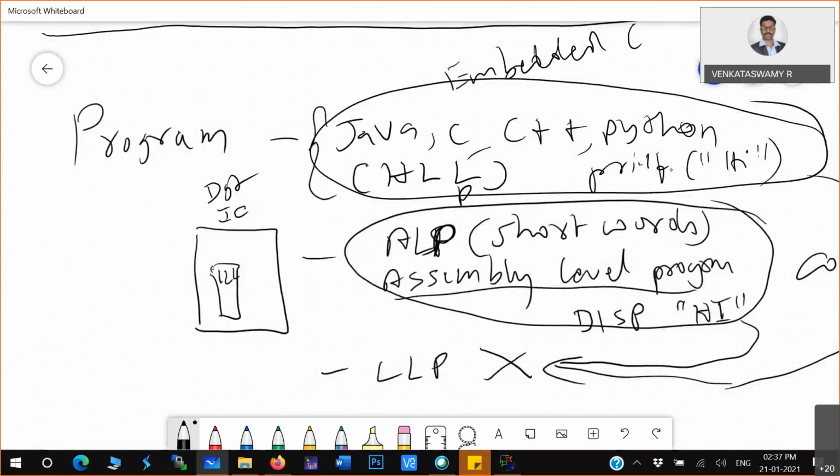You have all kinds of instructions and expressions in high level programming. Say if you take C++, you have input output statements, control statements, and different conditional statements. Even in Python, in any programming language, you have different types of instructions or statements. Maybe control statements, conditional statements, input output statements, like that.